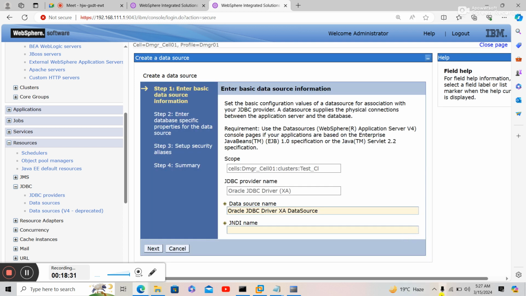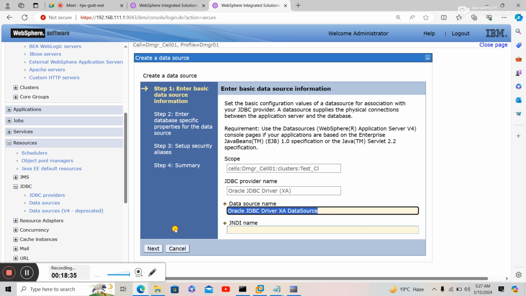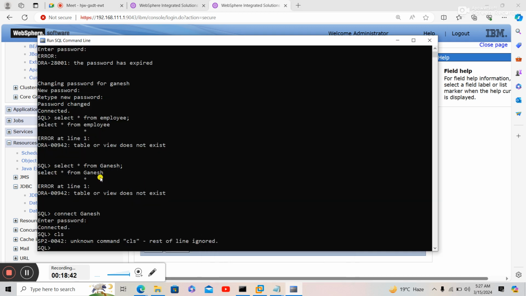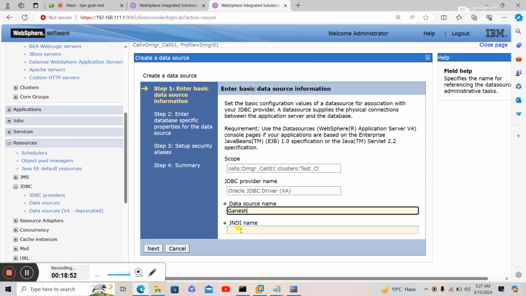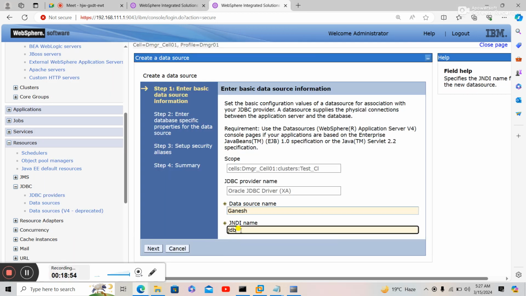Okay, we have selected the data source. Data source means your database name, Ganesh, and username. This is the data source name, Ganesh. This connects to Ganesh. This is the data source name. The JNDI name is jdbc/Ganesh, the JDBC slash data source name. Okay. Next,